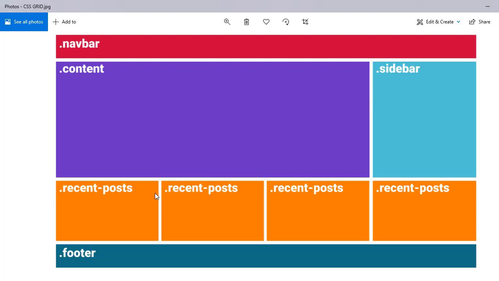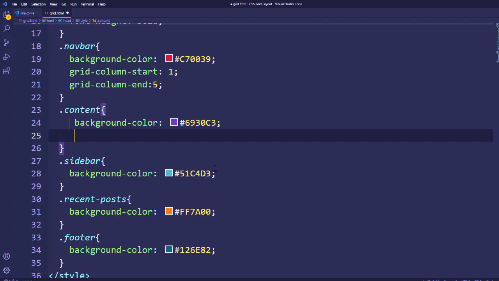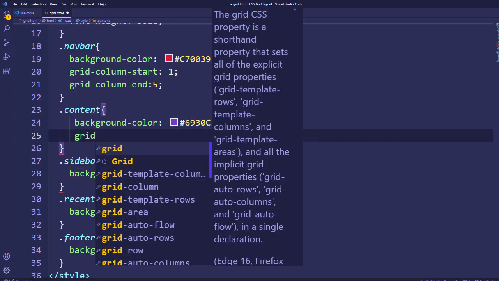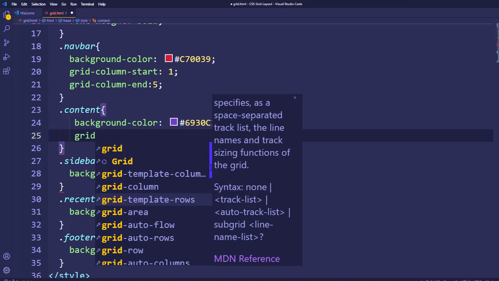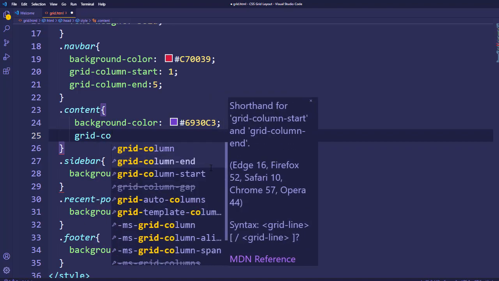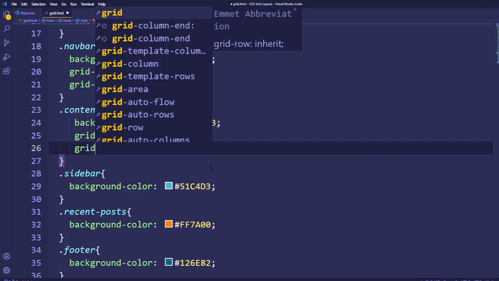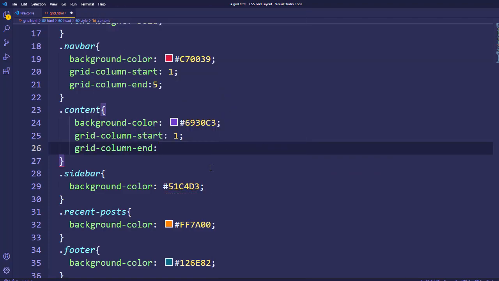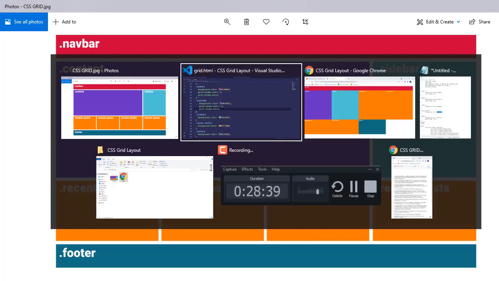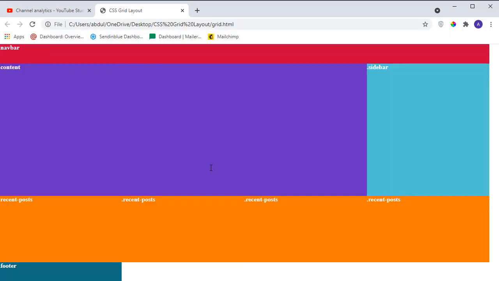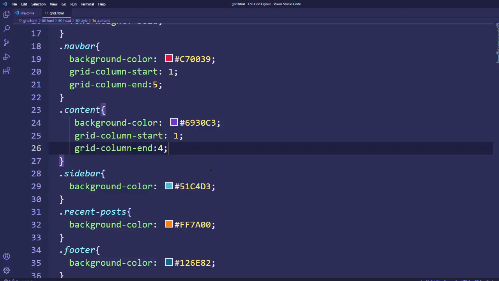So first vertical line, second, third and fourth. So here I will say grid column start first and the grid column end at the 4th vertical line. So let's go and see the output. So that's how this will look.